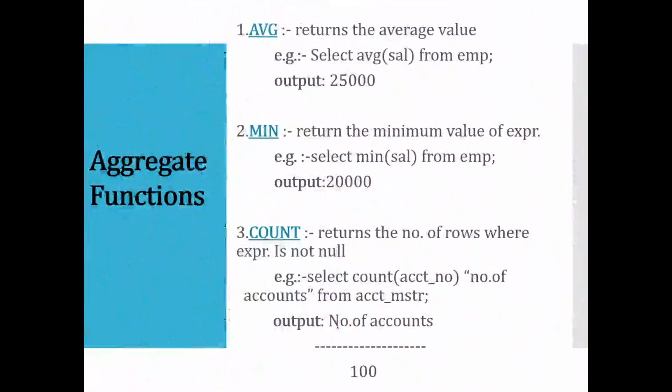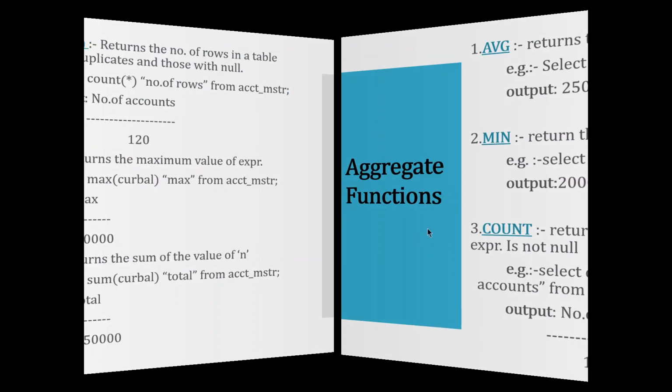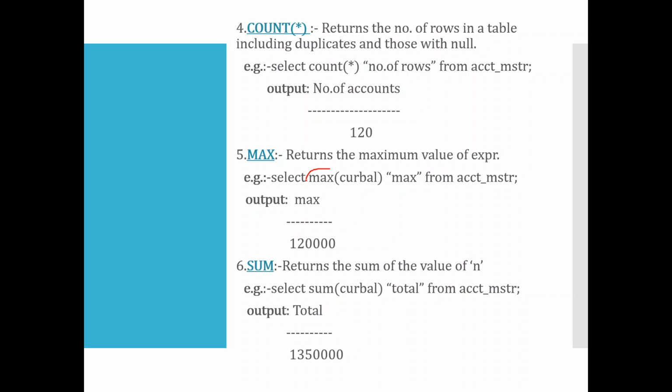Right, let's move ahead with the next functions, that is aggregate functions. And we have seen these aggregate functions in relational algebra chapter. Minimum, average, sum, count, and max. The main four functions. So average will return an average of given values that we know. Minimum will return the minimum value of the given set of values. Count we will see later. We'll go for max first. Max will give us the maximum value of the given set of values, and sum will add all the values given in a set of values.